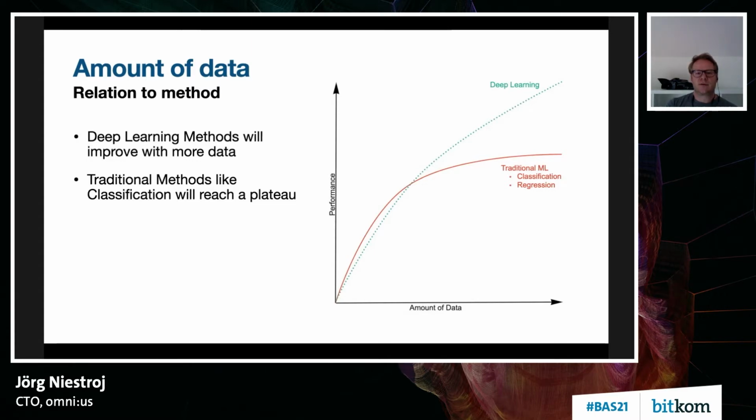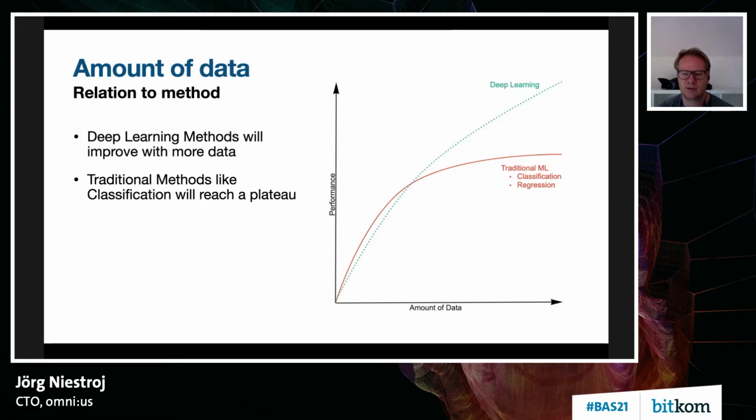Deep learning is different to that. So with deep learning, it's more like if you have more data, you will have better performance. And you should provide as much data as you can to have the best performance you can get. So that is a first overview, but I will walk through those three popular areas of AI, starting with